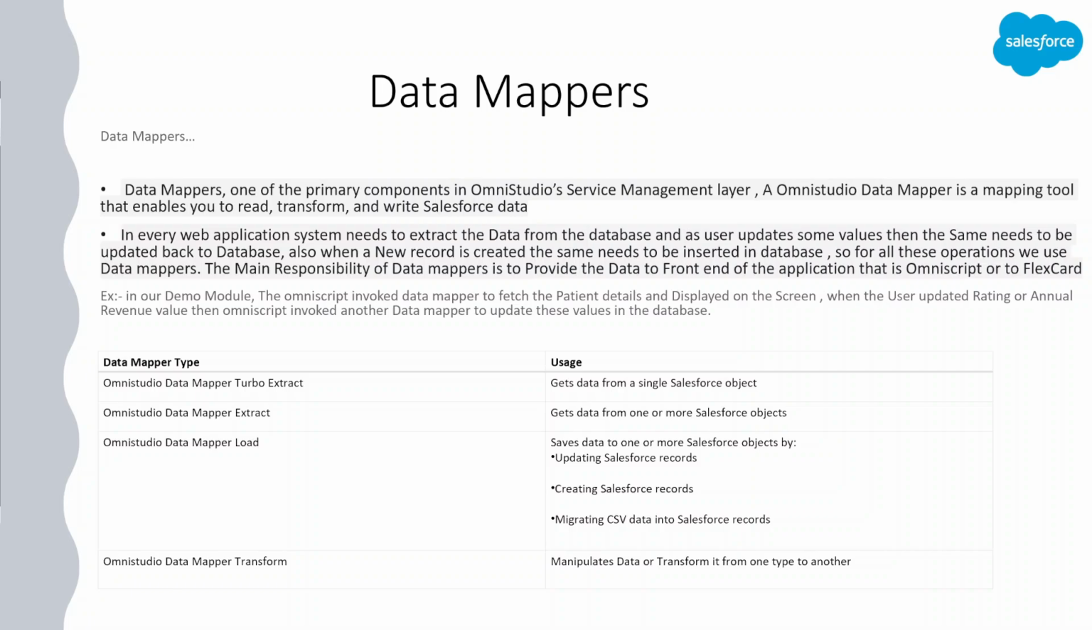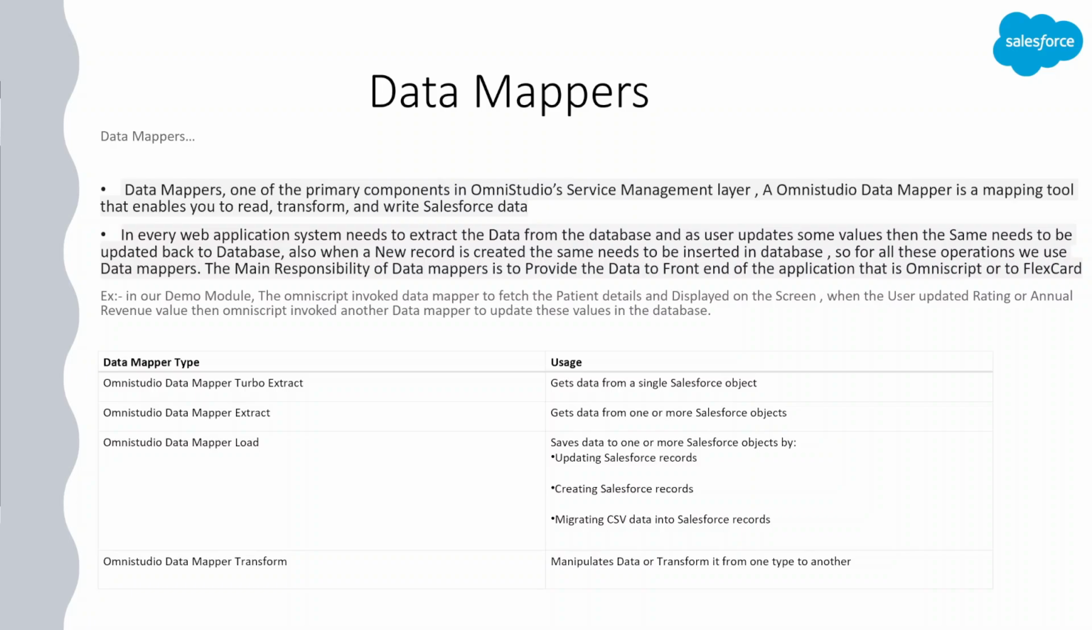In every web application, the system needs to extract data from the database, and as the user updates some of these values, the same needs to be updated back to the database. Also, when a new record is created, it needs to be inserted in the database. So for all of these operations, we use data mappers. The main responsibility of a data mapper is to provide the data to the front end of the application, that is OmniScript